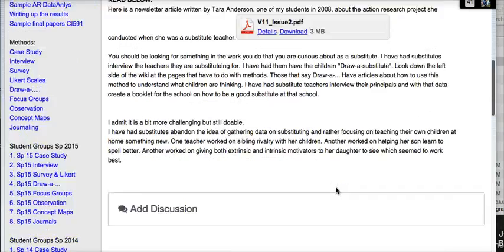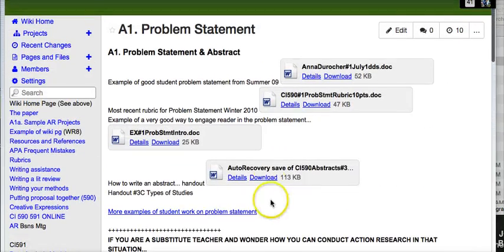This is more examples of student work on the problem statement. So you're going to have to dig a little bit. It's not as well organized as it might be, but I think most students find that one of the things they were craving for about 6 or 7 years ago was examples. And so I thought, well, okay, here you go. I'm going to make this wiki